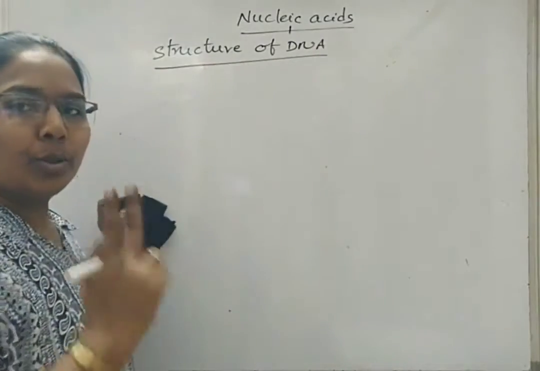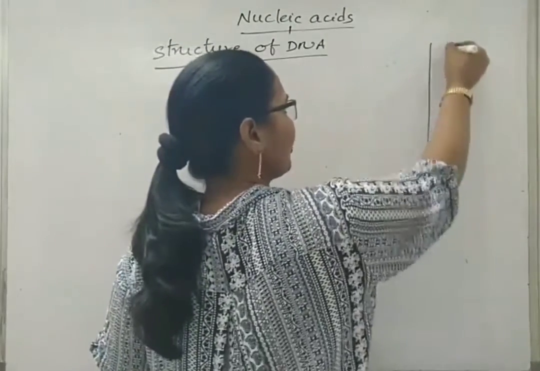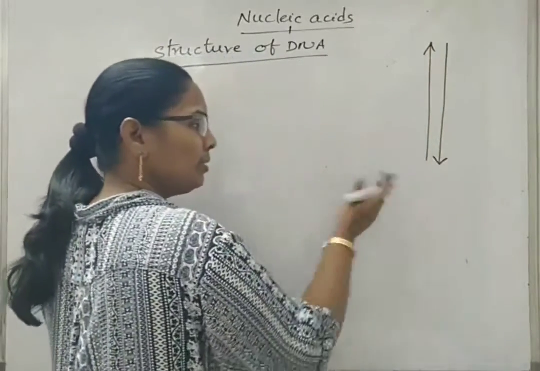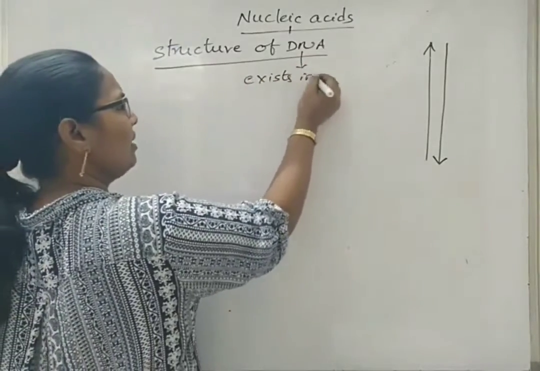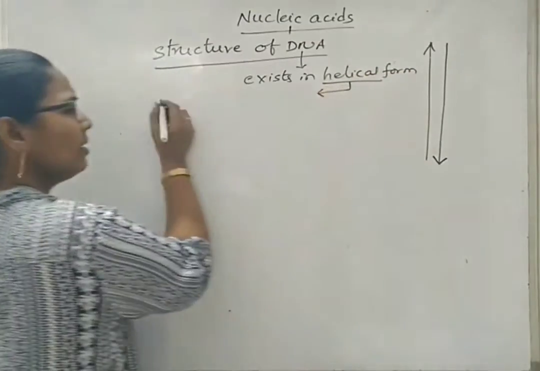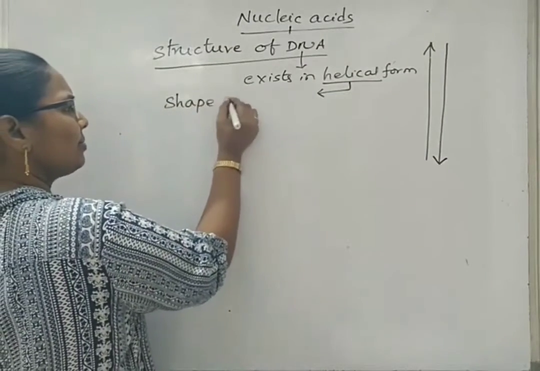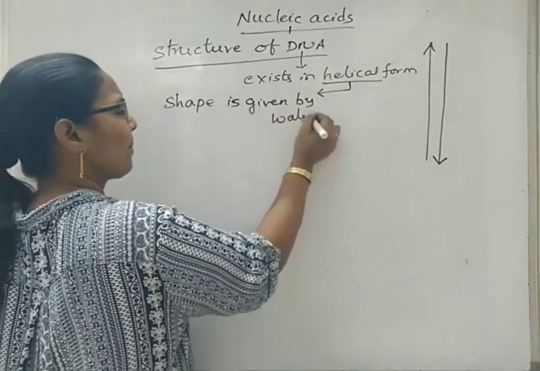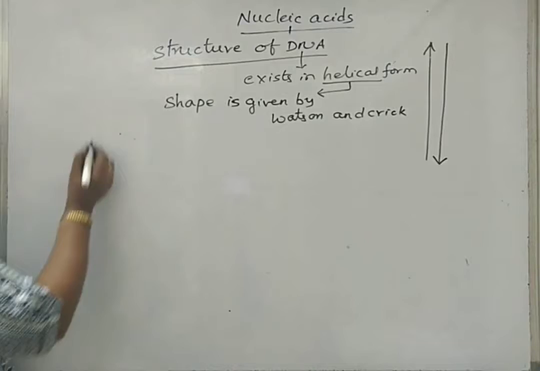DNA is having two strands that are running anti-parallel to each other. In a sense, suppose two strands are there like this in case of DNA, one will be moving one side and another will be moving towards the other side. DNA exists in helical form. This shape of DNA as a double-stranded helical form is given by Watson and Crick. So if we draw a structure of DNA,